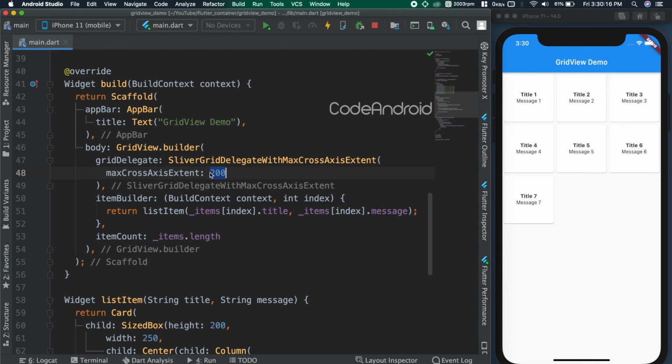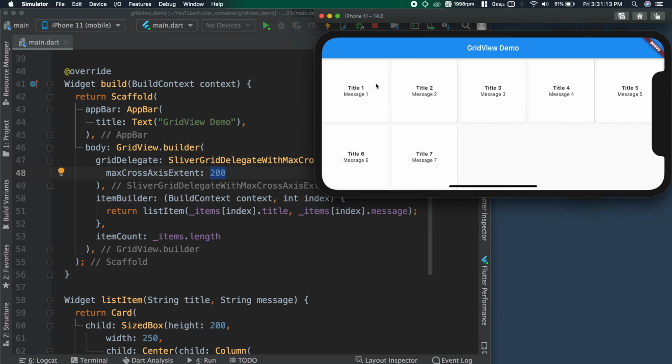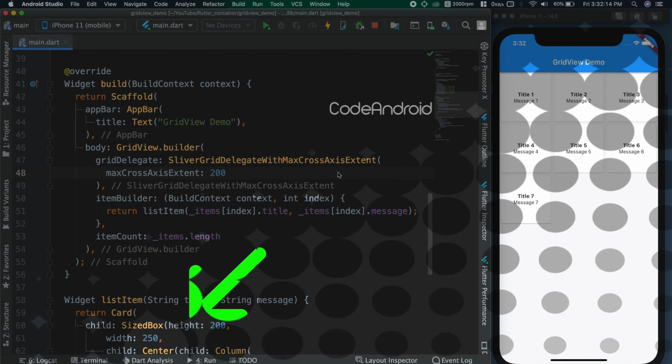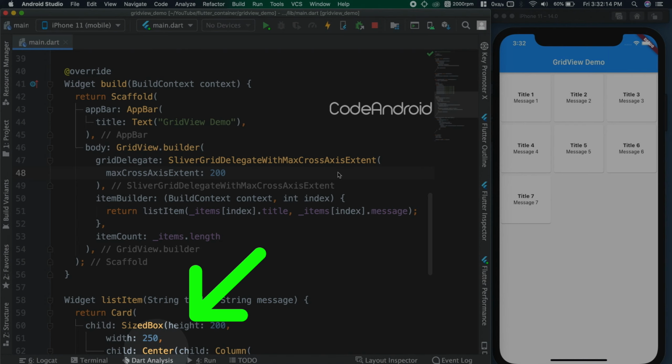Due to this, we might not have the width that we have passed for maxCrossAxisExtent. In landscape mode, our device width is 896. Here also after placing 4 items we have some space, so we get 5 items in a row. Like this, we can let the grid view manage the item count automatically. Also, our grid items might have different widths on different screens. So it's better to use some kind of alignment for the items. In this example, our item contents are kept inside a Center widget. That's why the UI is not affected much even though the width and height are changing.